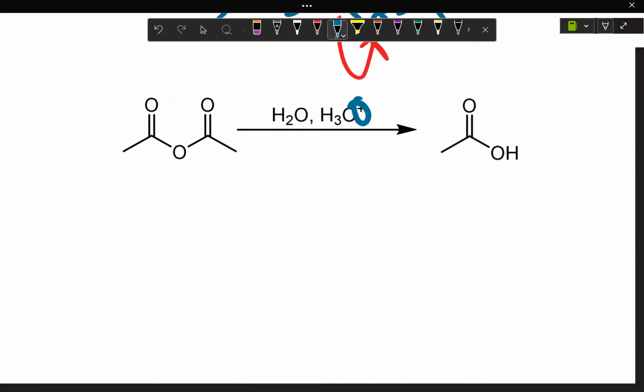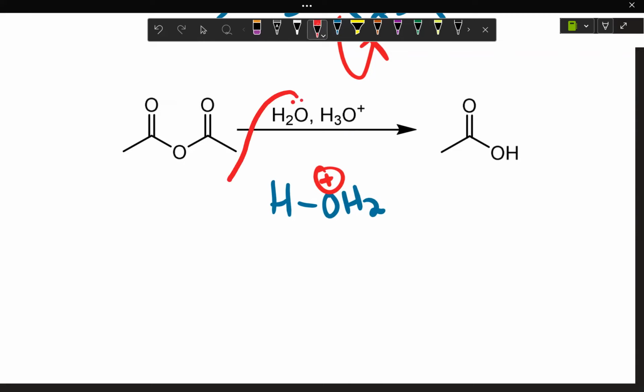We know it's acidic conditions because we have a positive charge, and because we have hydronium, we have a strong acid. So what's always first in acidic conditions? You're always going to protonate the carbonyl oxygen first. And we have to protonate because eventually we want water to come in and attack. But water is a weak nucleophile. And although, because it's an anhydride, water would likely attack,